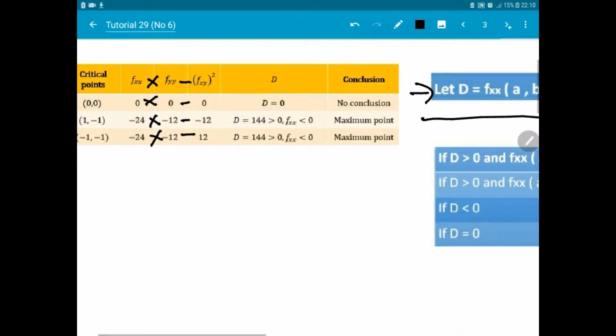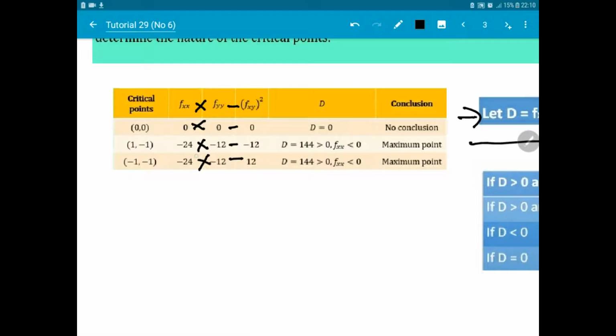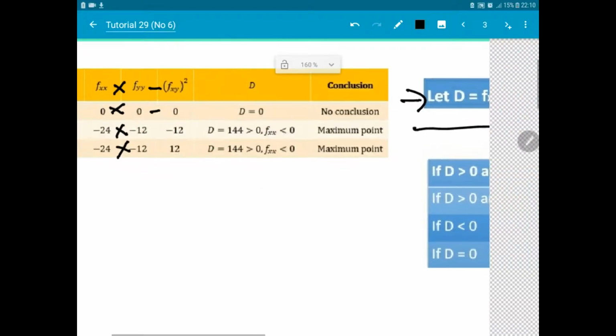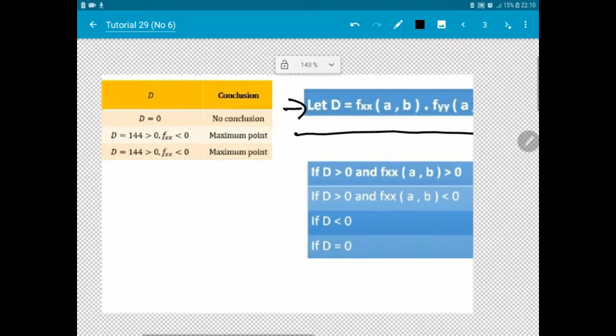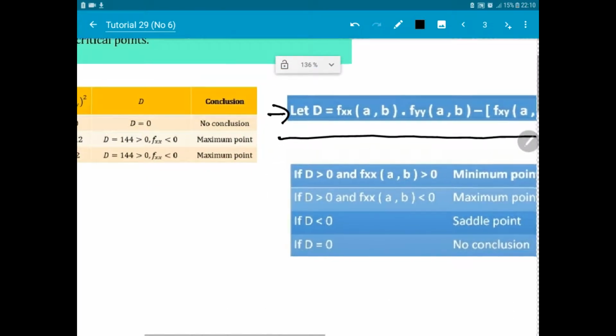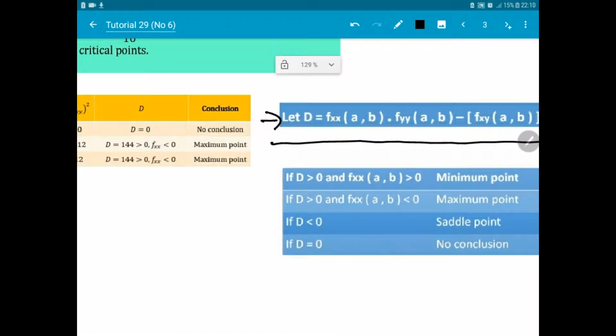Same goes with this one, negative 24 minus, multiply negative 12 and minus negative 12, we will get 144. So after we get the d value, we need to refer to this table